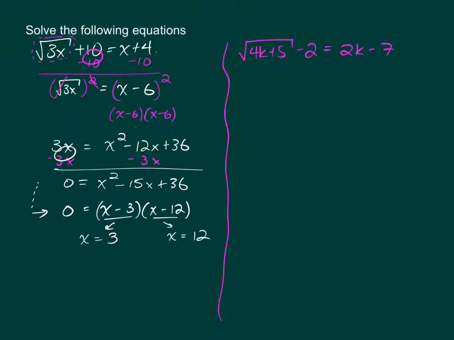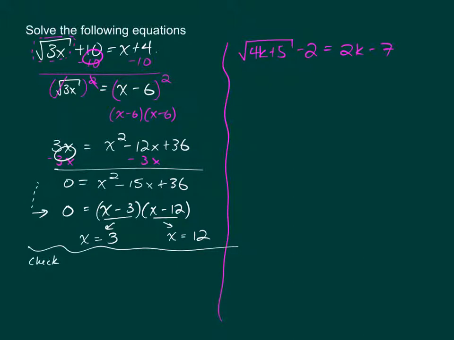And you might think you're done, but with a square root equation, you must check your answers. Kind of like with the rational equations, with the variable in the denominator, there's a chance that you get a 0 in the denominator and you're not allowed to divide by 0. So there's also a chance here that the answers will not work. So what we do is for a check,